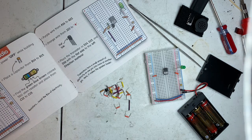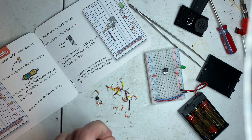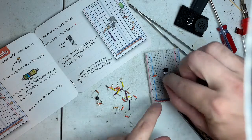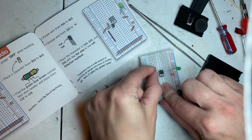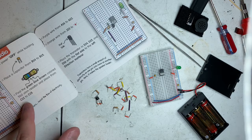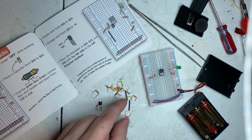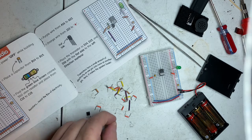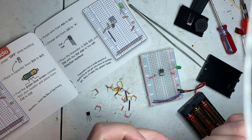And next is the audio. Turn power off. Place the capacitor from B14. There's one more capacitor. B14 to B15, like that. Find a green, blue, brown colored resistor and place it from C12 to C15. The green, blue, brown, here it is. C12 to C15, which is